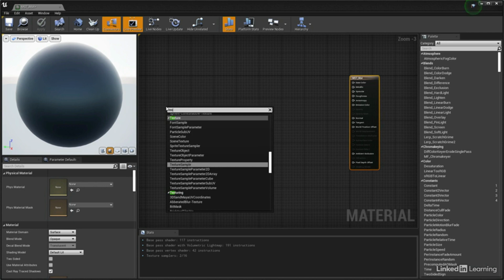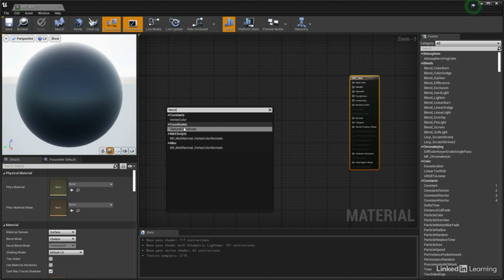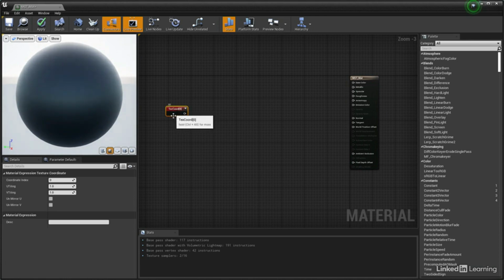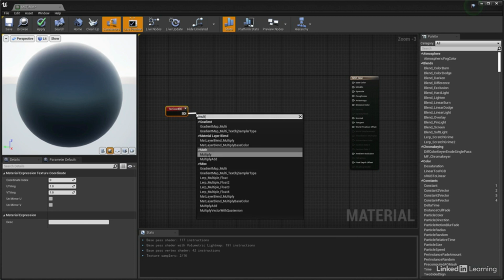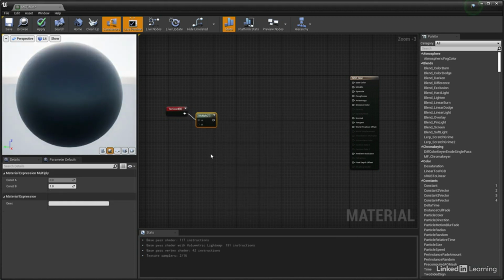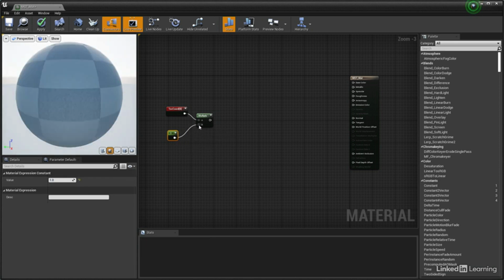add a texture coordinate node, this allowing us to use any existing UVW mapping that may be found on the static mesh files that we bring into the level, thus giving us the ability to control texture map tiling very easily. This being Unreal's material system, we will of course need to build that tiling control for ourselves, and so we can next drag from the output port of the texture coord node and create a multiply node. After which we can hold down the 1 key and click to add a constant that will be the actual tiling control value. This we can set to a default of 1 and then pipe it into the B slot